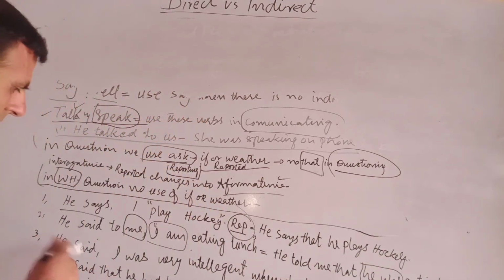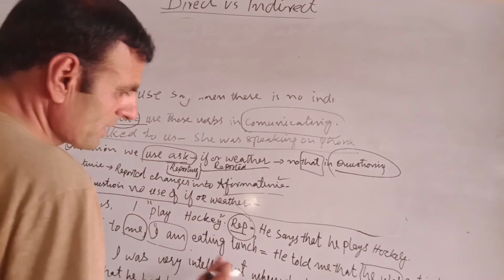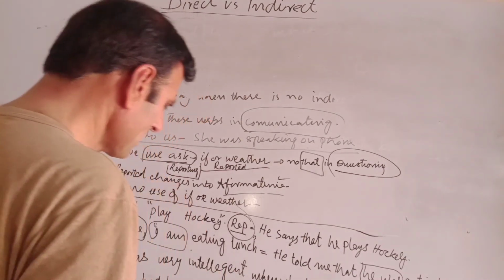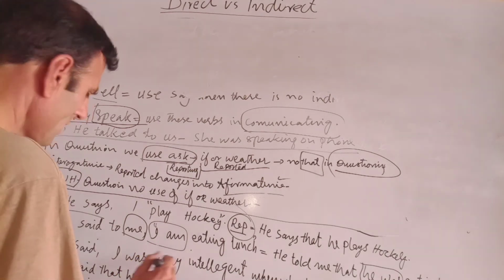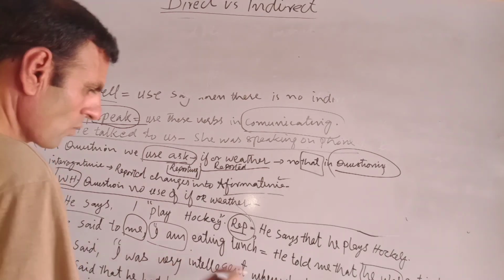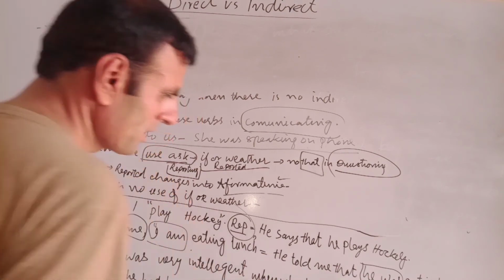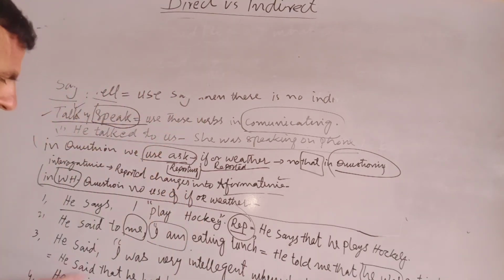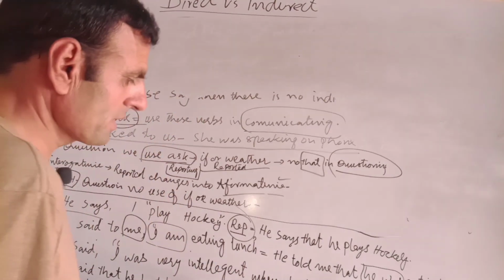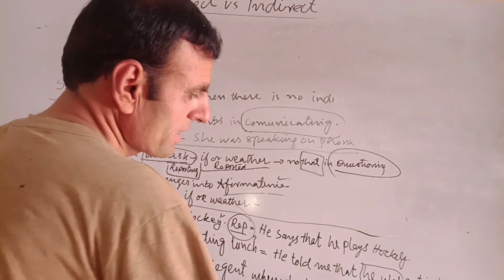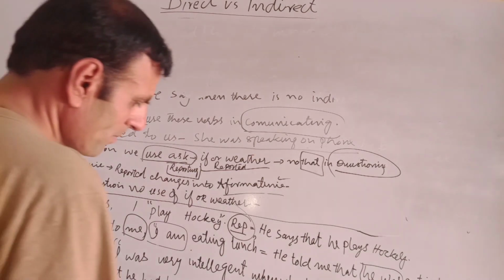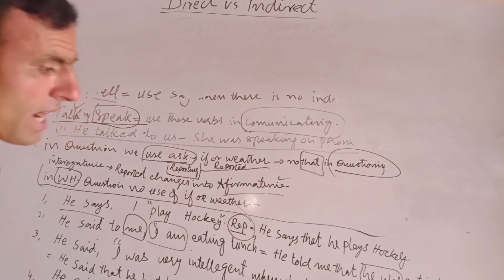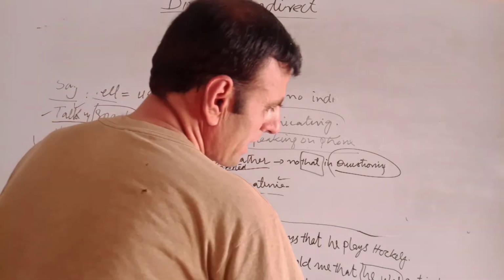He said, I was very intelligent when I was a child. Now he is telling some things about his childhood. We change this into indirect speech. He said that he had been very intelligent when he was a child. He said, who did break the glass? He asked that who had broken